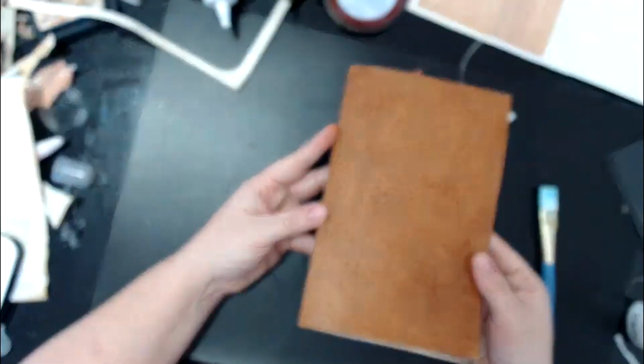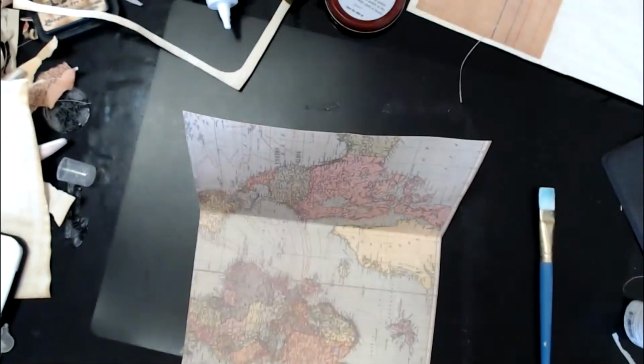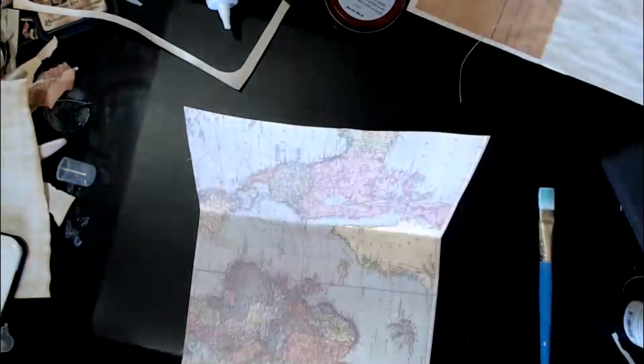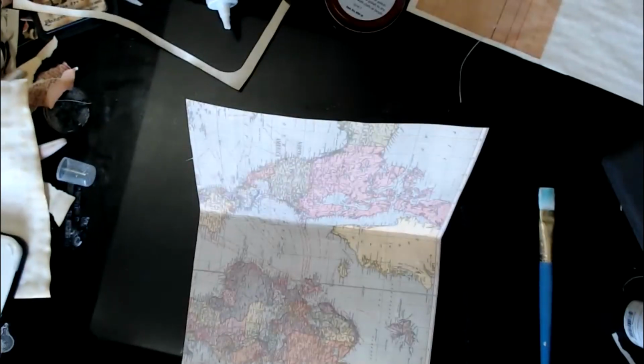All right, so there is my journal. So we're going to go ahead. I'm going to show you how to bind your book. I do need to grab my clips, so hang on just one second. All right, I use these bullnose clips,